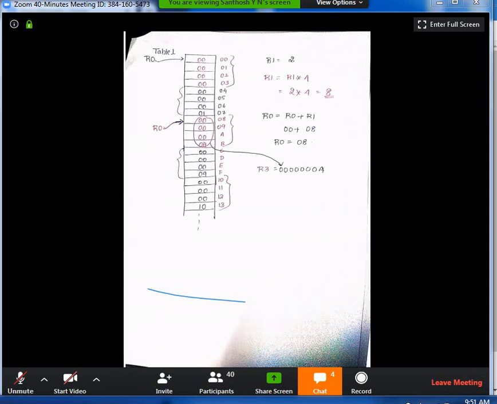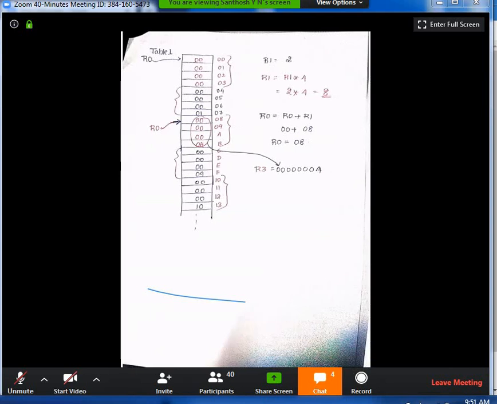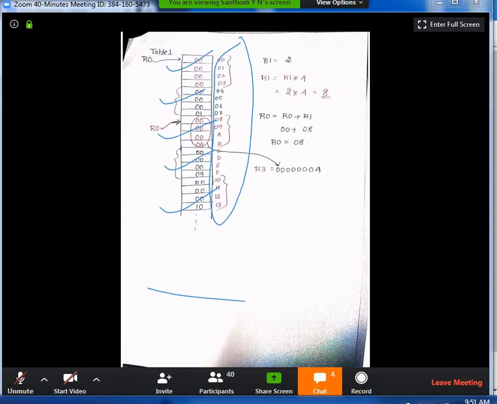Okay, this is one data, this is the second data, this is the third data, fourth data, and fifth data. So likewise you will be storing totally 10 data in your memory locations, and for each memory location I have given the address. This is the address of the memory location, right?